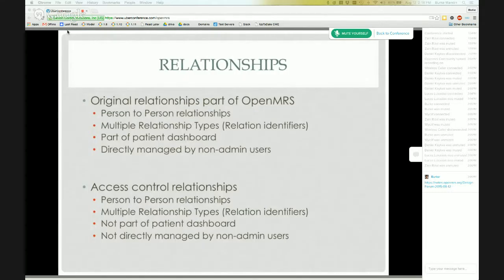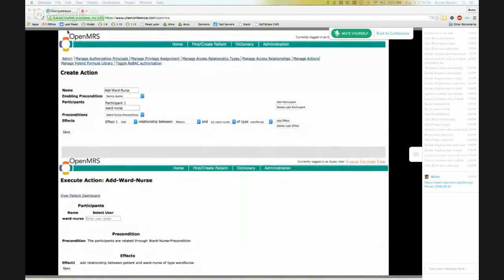So in order to prevent inconsistencies like these, we introduce objects called actions. These objects allow us to introduce and delete relationships, doing multiple things at a time. And what you're seeing here is two views of these objects. The top view on the action is actually an administrative view showing how an admin user creates an action. An action has several parts, and what we see here is five parts. The first one is just an identifier, just a name for it.